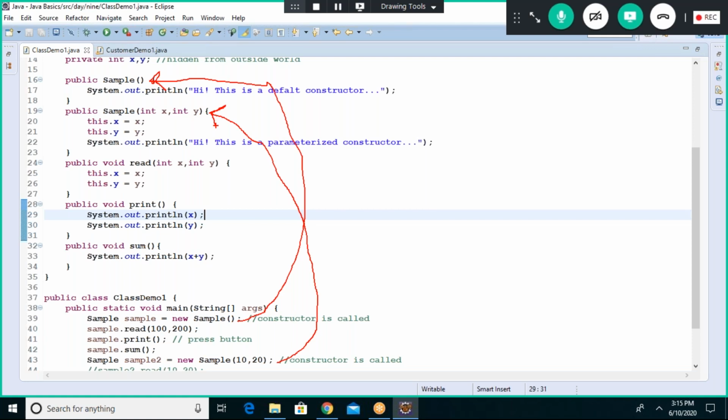Look at this, correct or not? A constructor with empty brackets here, correct? Constructor with empty brackets, constructor with values. Try to understand what is happening.